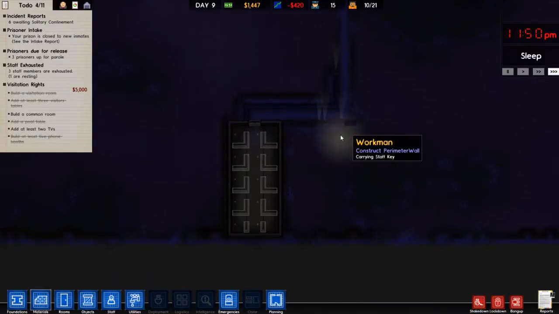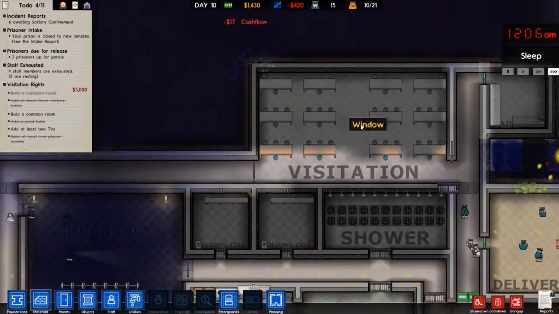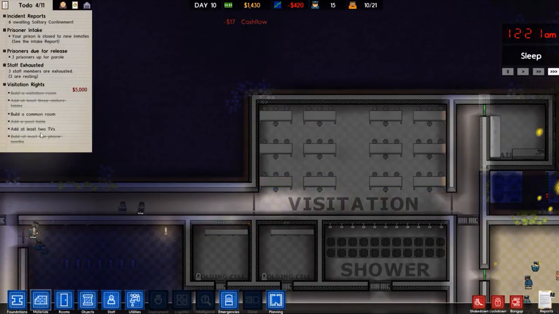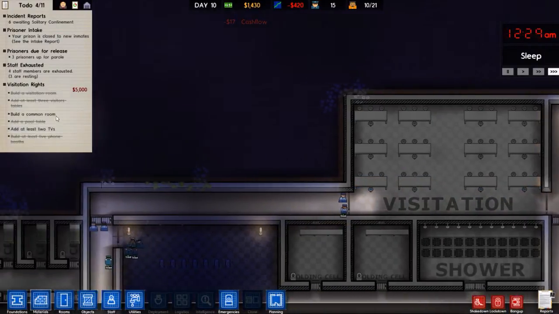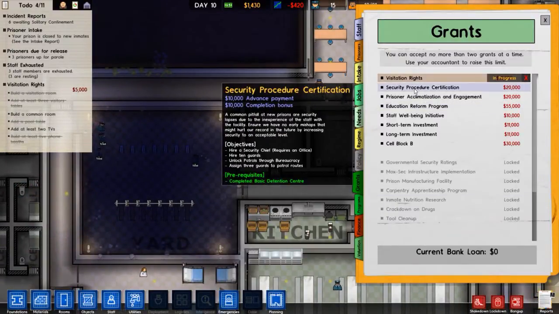So I think we've made some good progress. That's going to be all the way down there. Eventually it's going to come in. We've got the Visitation, which is all good. All we've got to do is build a common room and have 2 TVs. And once we get the 2 TVs in the common room, we should be able to get a grant. Now, there might be one for